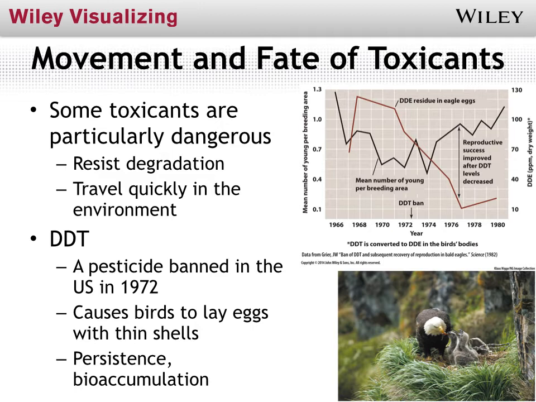Other top-level predators, like peregrine falcons and osprey, just to name a few, were declining rapidly in numbers as well, and we eventually tied it to DDT. Now again, DDT isn't a chemical that just outright kills things. What it does in birds is it interferes with the metabolism of calcium. What are eggshells made of? Largely calcium. So when these birds would lay eggs, the eggshells were thin and just weren't as structurally sound, and so just trying to incubate the eggs would cause them to crack.